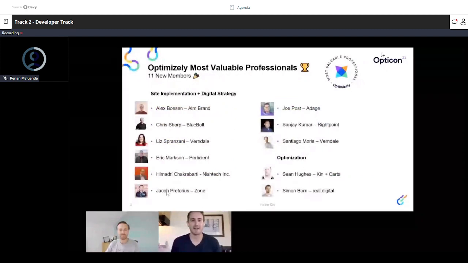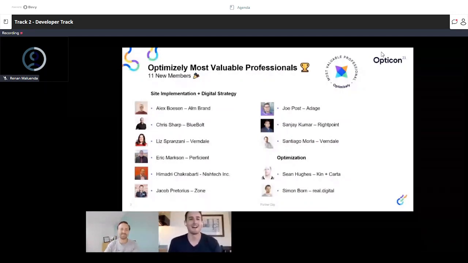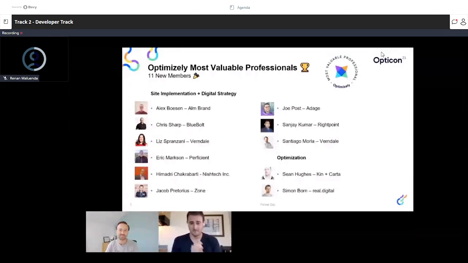Excitingly, we added 11 new members just a few months ago. I'll go through them quickly just to give respect where respect's due, and maybe some of the partners are listening in here. Alex from Almbrand, Chris Sharp, who used to be at Optimizely, at Bluebolt, Liz at Verndale, CTO at Verndale, Eric at Perficient, Himadri at Nishtech, Jacob at Zone, Joe at Adage, Sanjay at RightPoint, Santiago at Verndale,